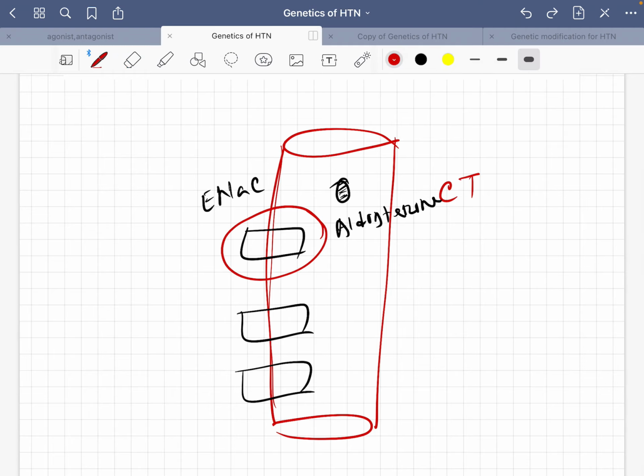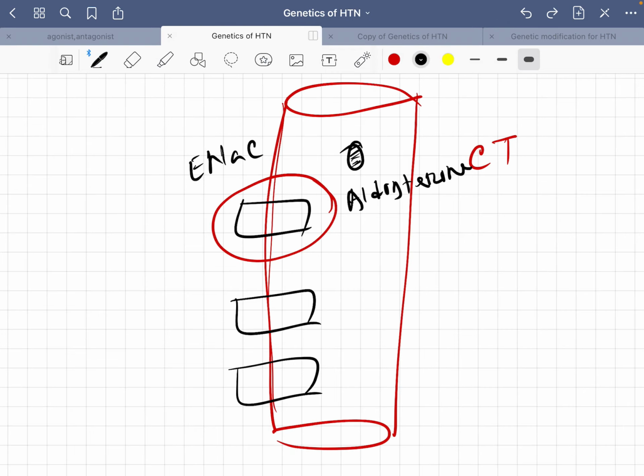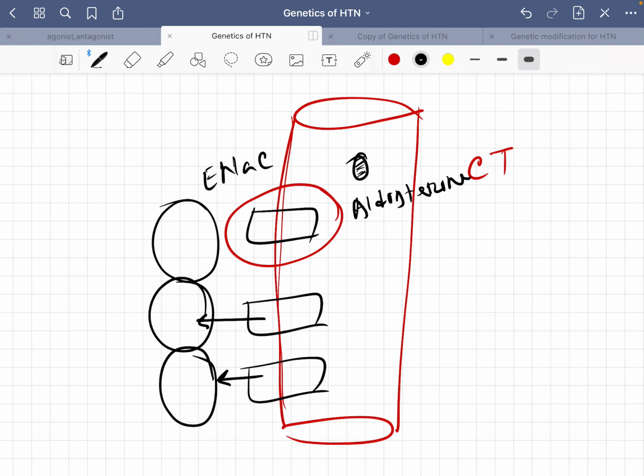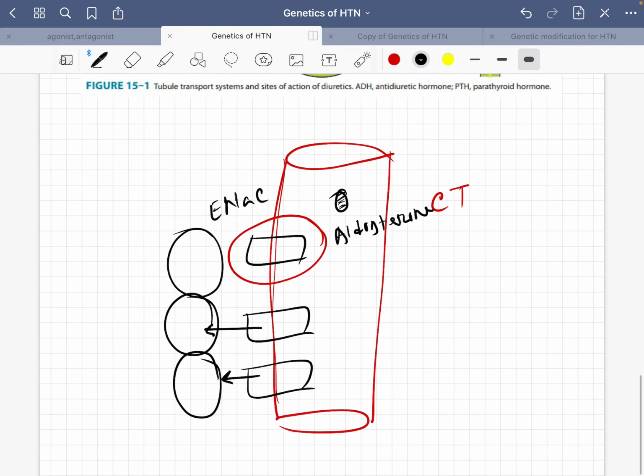The epithelial sodium channel is synthesized and comes into the cell membrane. Again, after some time, it is endocytosed into your epithelial cells. So due to the mutation in the beta and gamma subunits, the epithelial sodium channel is synthesized by aldosterone, but it is not endocytosed into the cell. That's why the total number of epithelial sodium channels is increased in your tubular epithelial cells.